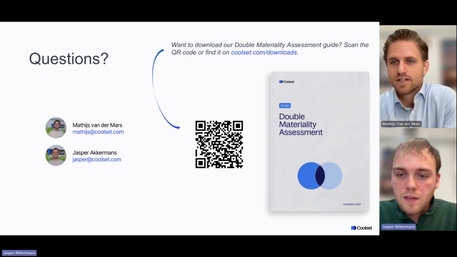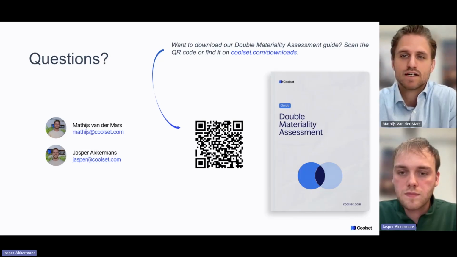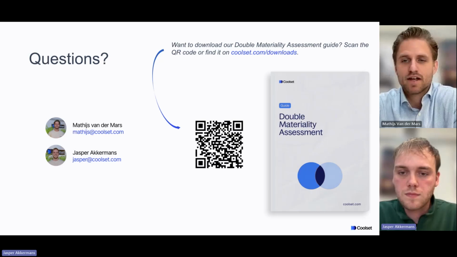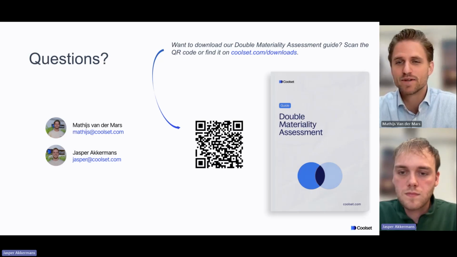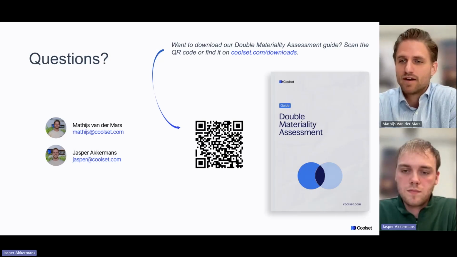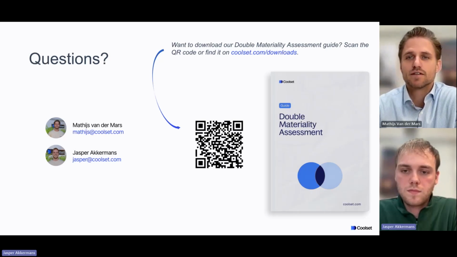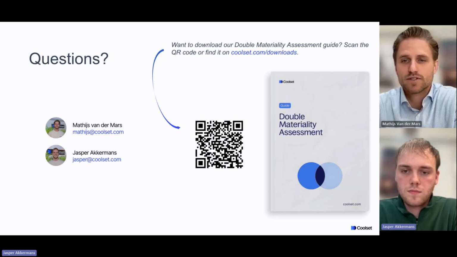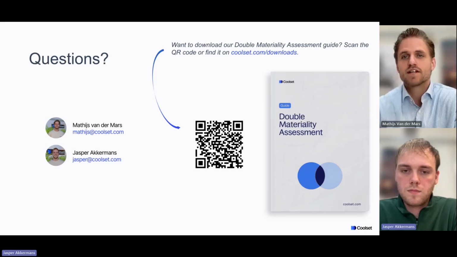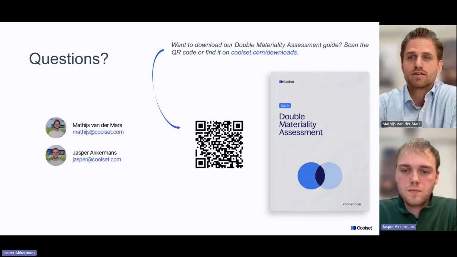I see a question here, a tip on how smaller and medium-sized companies can approach this. As Jasper mentioned earlier, there are bigger companies with sustainability teams of 5+, maybe 10+ people that are going to tackle this individually and build it from the ground up themselves. For smaller and medium-sized companies, as I mentioned earlier when we went through the solution, you really want to use the time of your experts as efficiently as possible. That means you don't need to reinvent the wheel by yourself again, but you can build on knowledge and